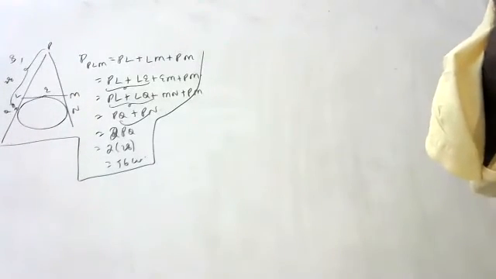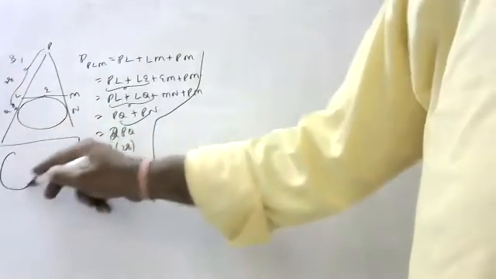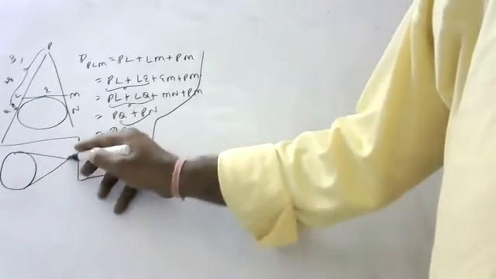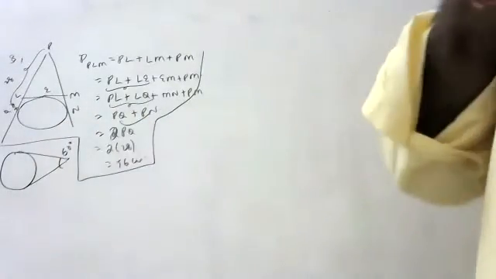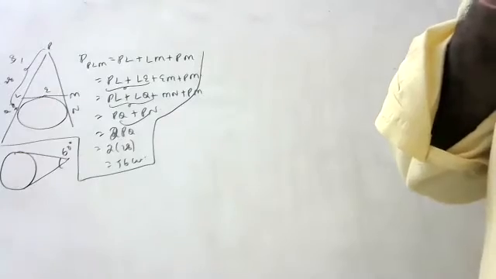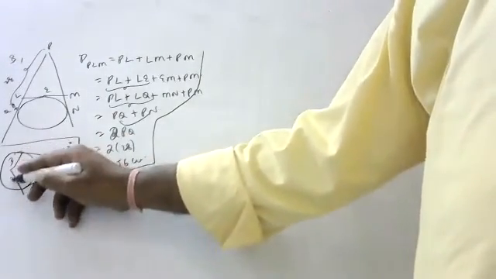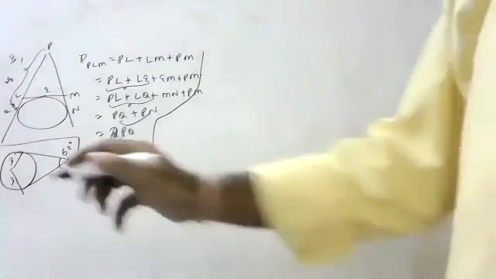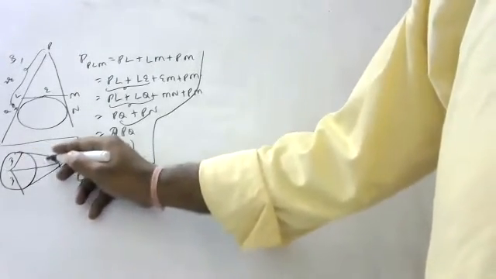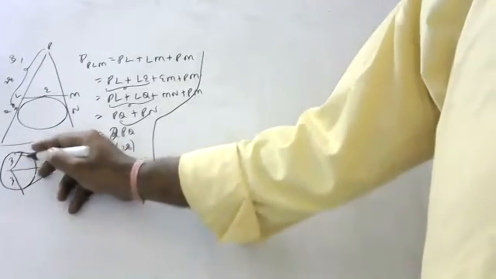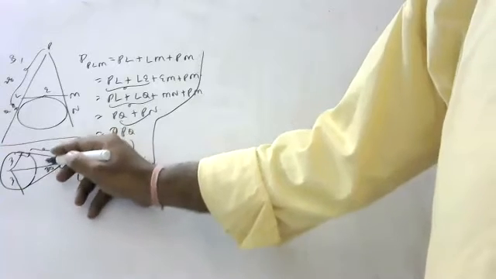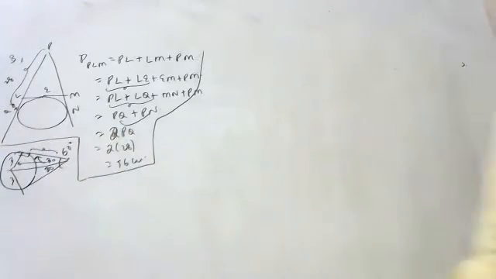If two tangents are inclined at 60 degrees, of radius 3 centimeters, find the length of the tangent. This is 30 degrees. You want the length of the tangent. This is opposite, this is adjacent. Who will give opposite by adjacent?